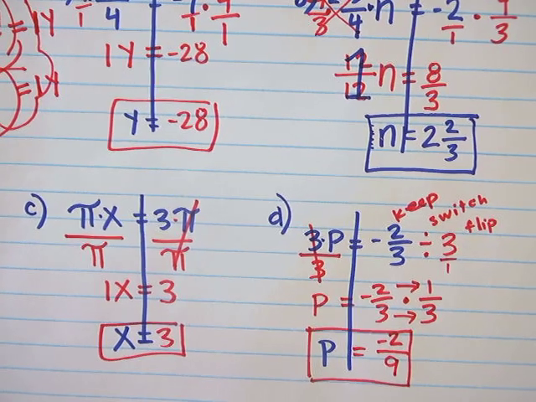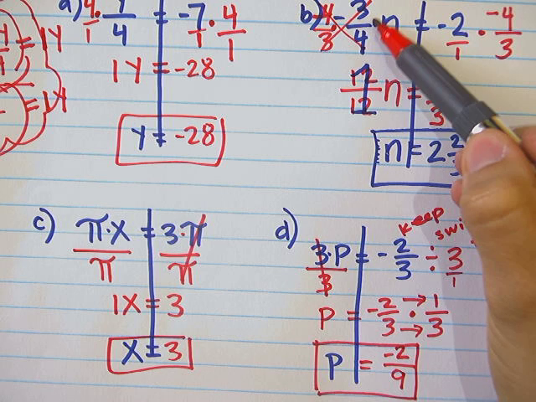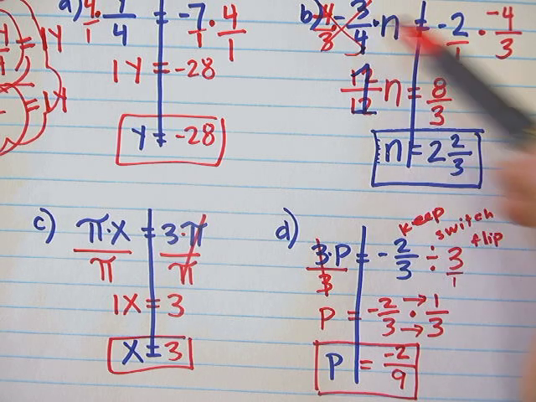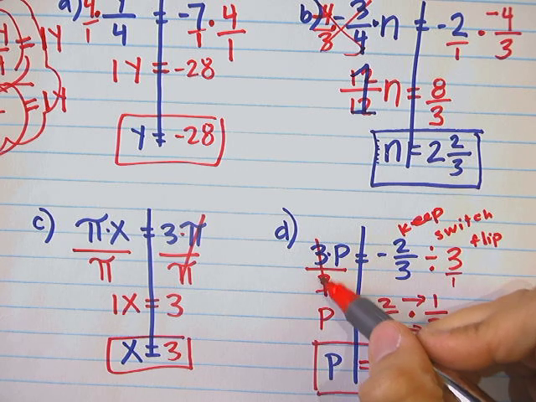Alright. Now let me show you the difference between these two problems. This one had an entire fraction multiplied. This one was just a number being multiplied. So when it's just a number being multiplied, it is